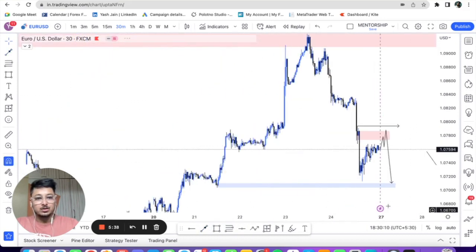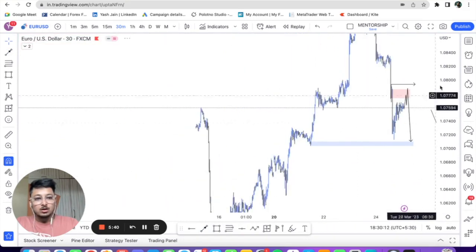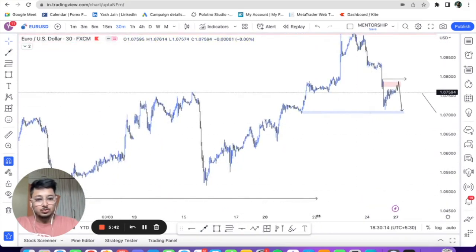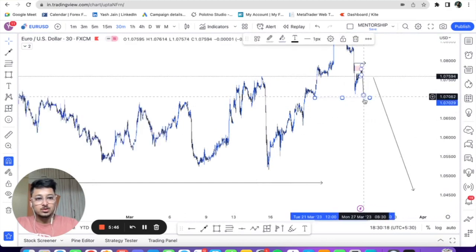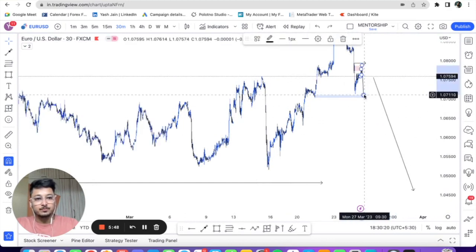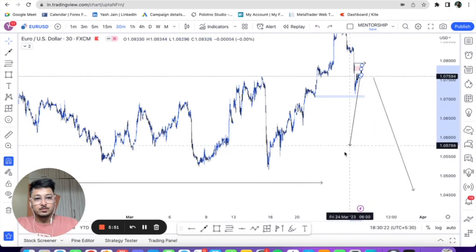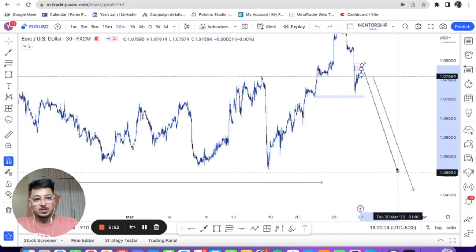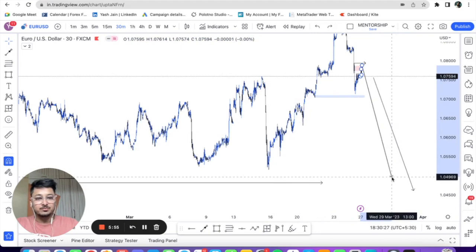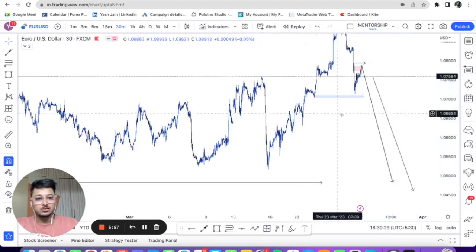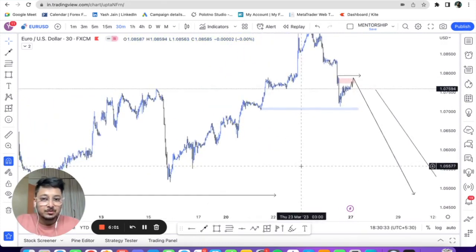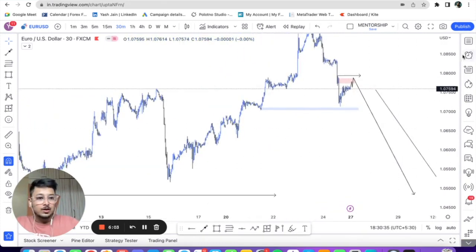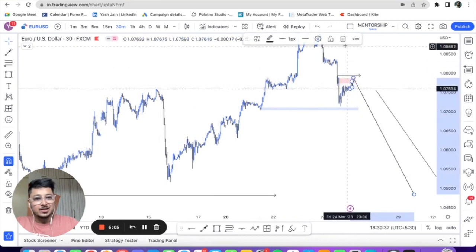It would be ideal to keep selling on any pullback on Euro USD and also on gold. And eventually, you will also see a break of all these trend line liquidity that is being created. We will definitely see a break below all of these lows. So yeah, I am expecting that this week might be very volatile because it's month end, and there's a